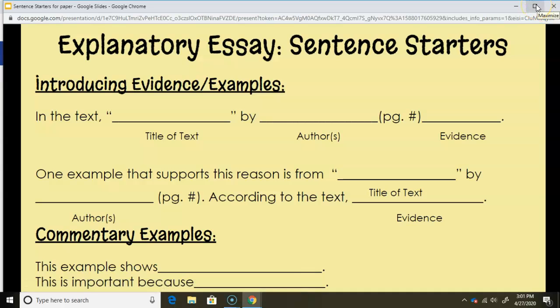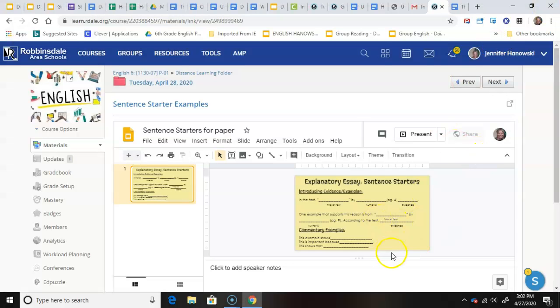So those are some ways that will signal, when we're reading your paper, like, yep, do they have commentary when I'm checking to grade your paper? Yep, they have commentary because they use one of these three starters. I know that's commentary. It's not evidence. You're not telling me and rephrasing the evidence in your own words. I know it's your commentary.